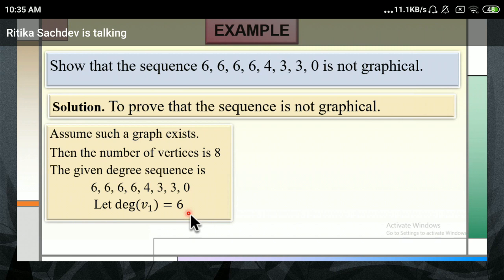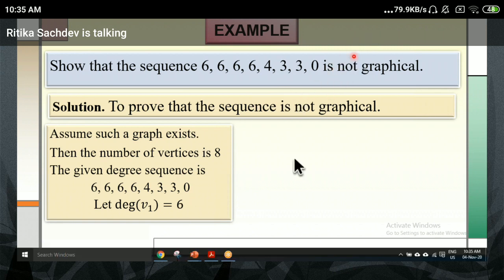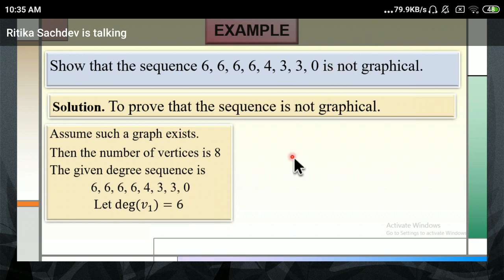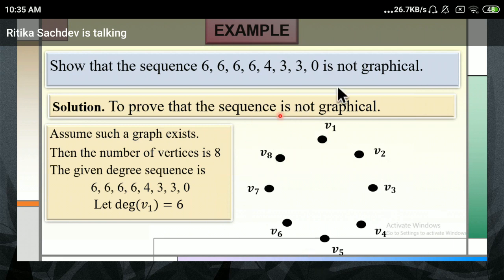This particular part is only for your understanding. How are you going to write it down for solving it? I will tell you later. But right now, you just understand what we are doing. Wherever you feel that you are not able to understand the concept, please speak up there, because this is very important. And I'm going to use this in further algorithms, maybe Havel-Hakimi algorithms and so on.